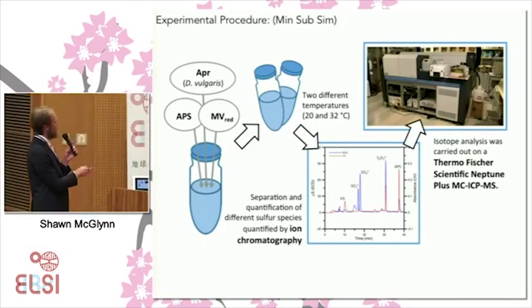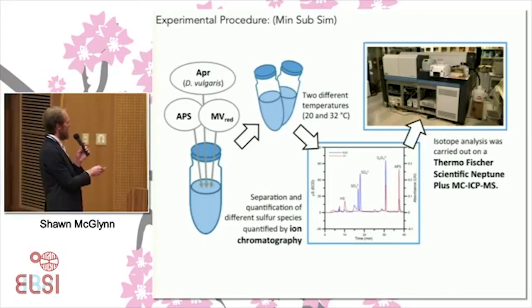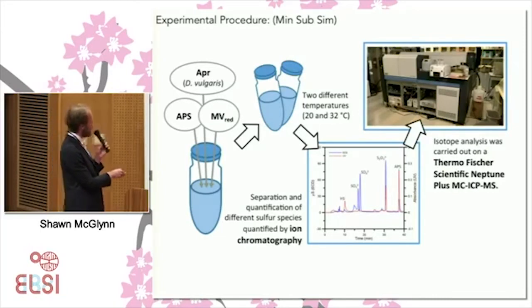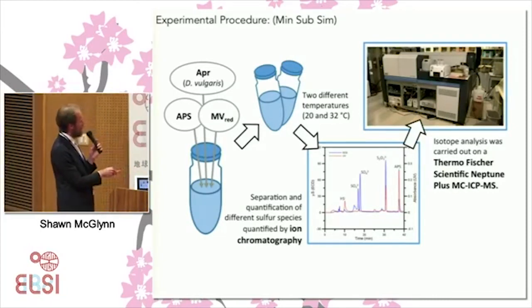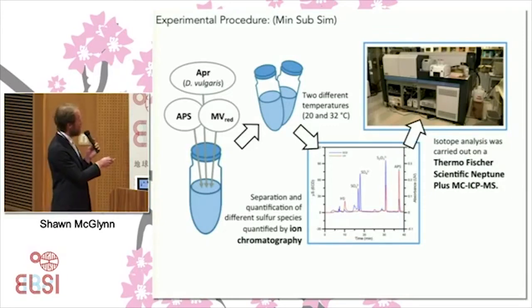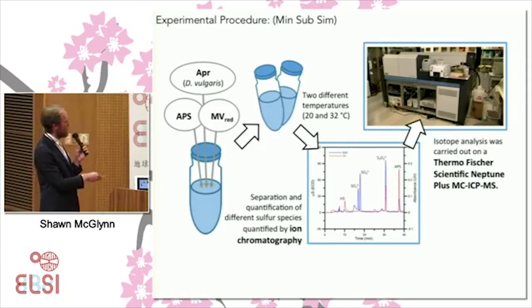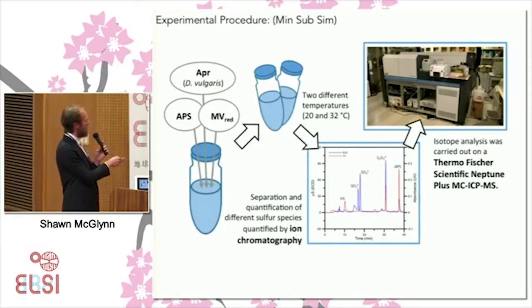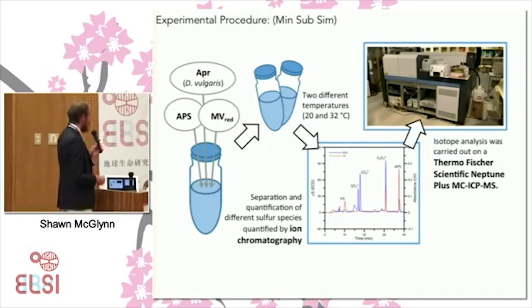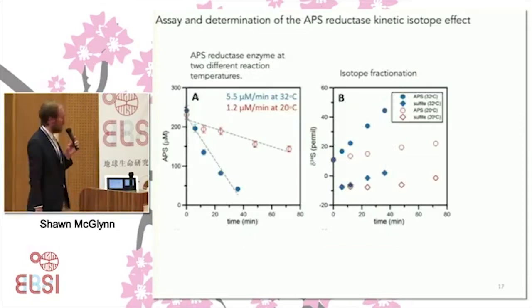And what he did was he put the substrate of the enzyme and an artificial electron donor into a tube in an anaerobic environment, and then he was able to use ion chromatography to separate out the products and the substrate of this reaction. So in this case, he's going to collect APS, the substrate of the reaction, and sulfite, the product of the reaction, and then later on take those molecules and launch them into the Neptune instrument, and we'll be able to determine the 32, 34 isotope values in a compound-specific way and be able to understand the isotope fractionation value of the enzyme.